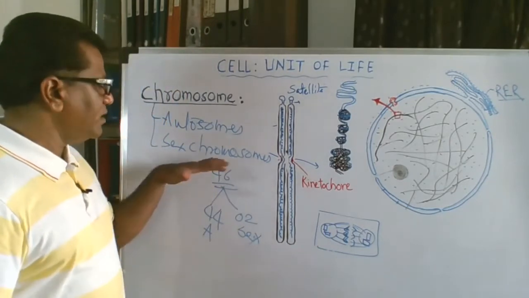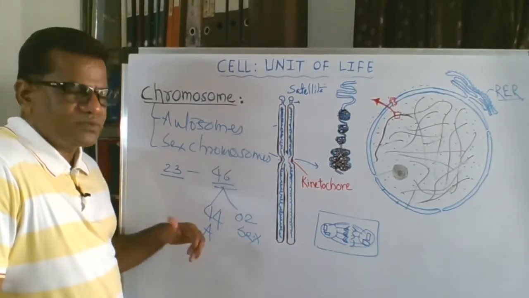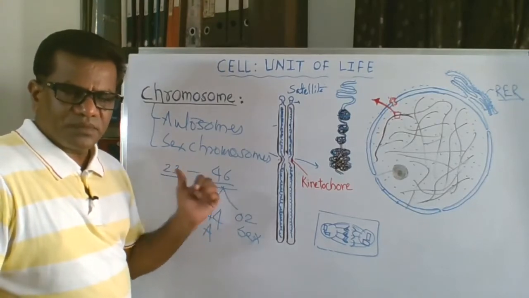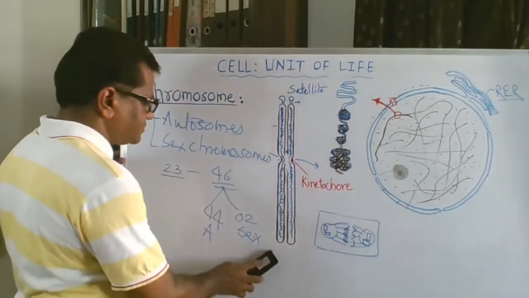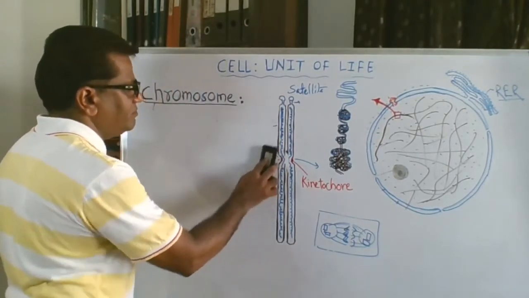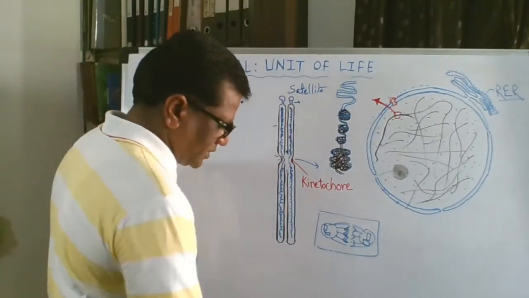But remember, out of the whole diploid set of chromosomes, some are autosomes and 2 chromosomes are the sex chromosomes. So chromosomes are categorized on the basis of their behavior, whether they have the genes of the particular sex.